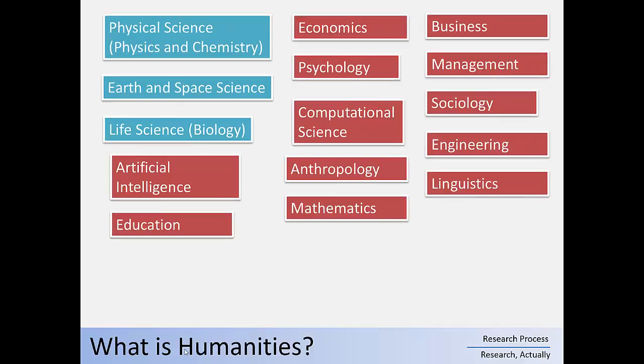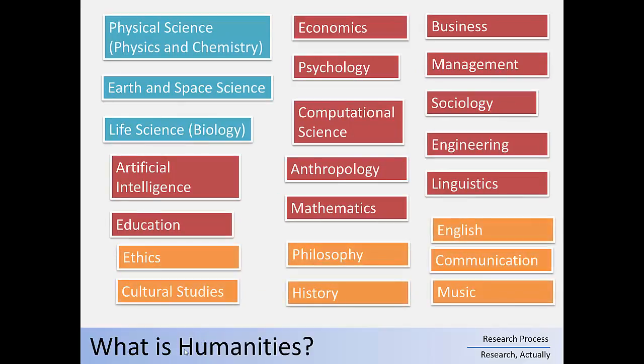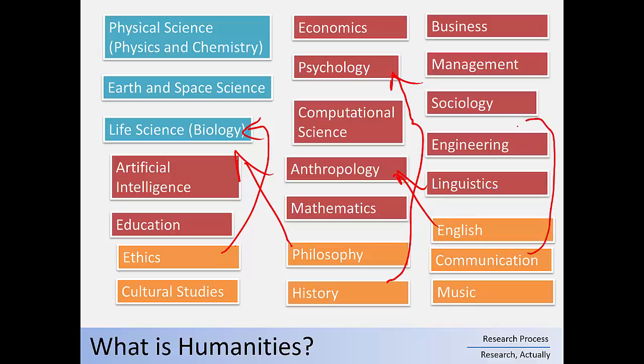If that's science, then what are the humanities? I put up some examples of what we might define as humanities, but here's the interesting thing: typically you'll have people from the humanities on research grants with scientists, all working together. So if you have an interest in history or in communication, it's pretty easy to find someone who's using that together with another field of science. So it's okay to like history and psychology.